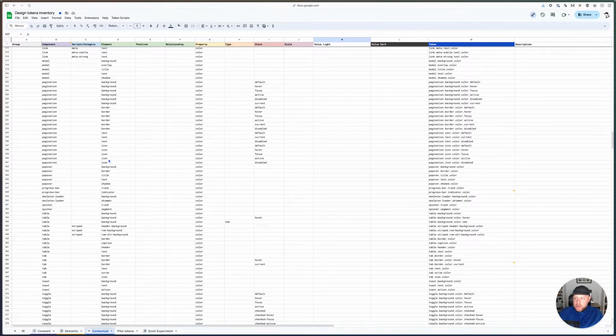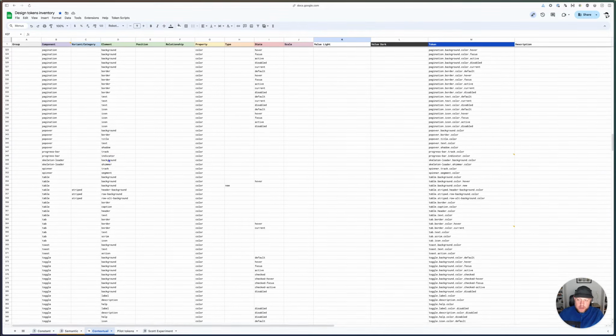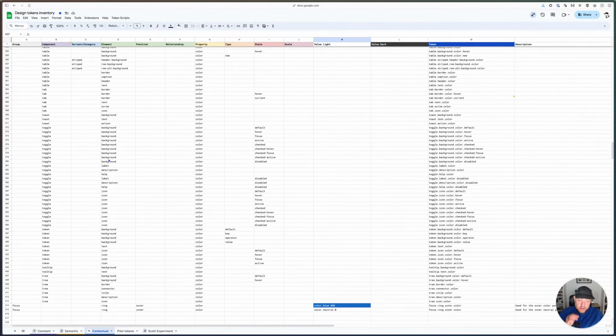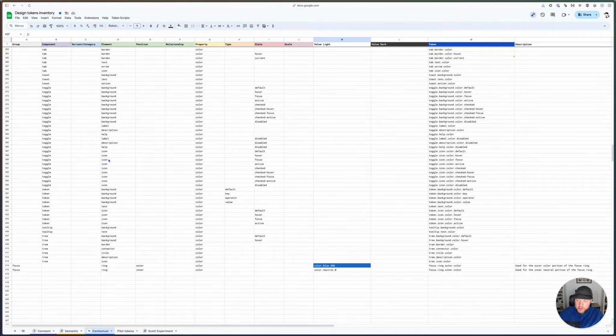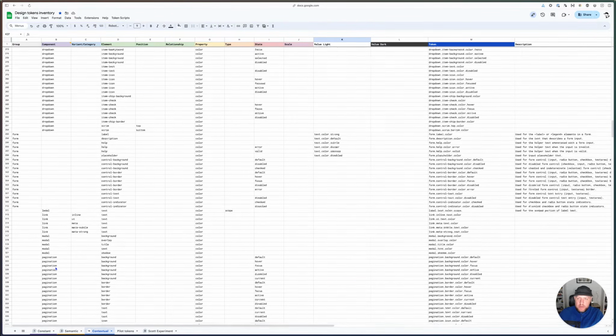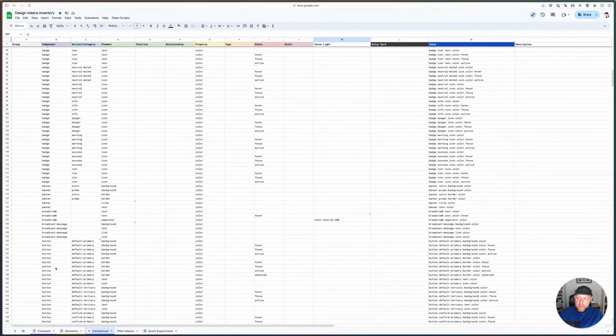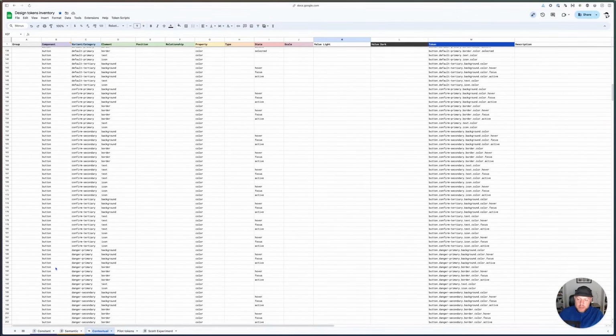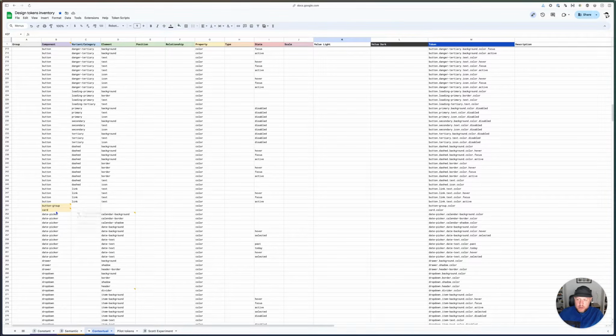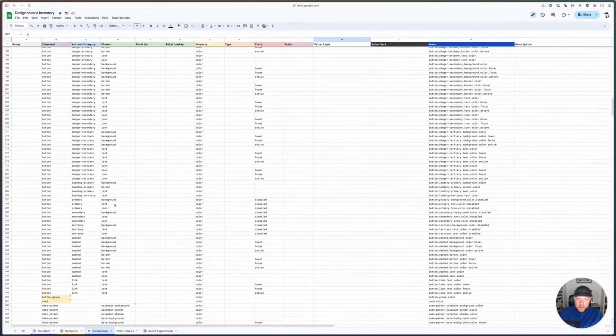And this right now is a true inventory. It's taking a look at every single instance or use of color for all of the components, including the focus rings. So right around 400 of these individual tokens. Some things aren't accounted for, for example, card or button group. Button group could leverage other styles, and card design really doesn't exist.